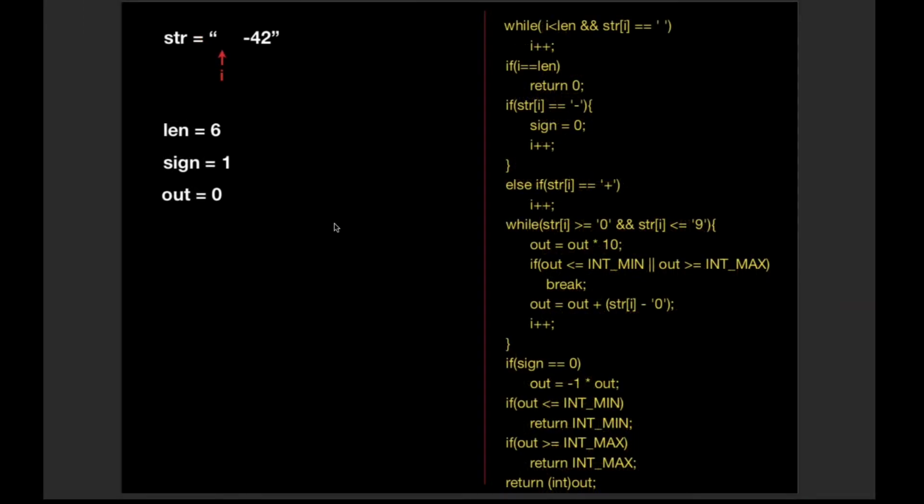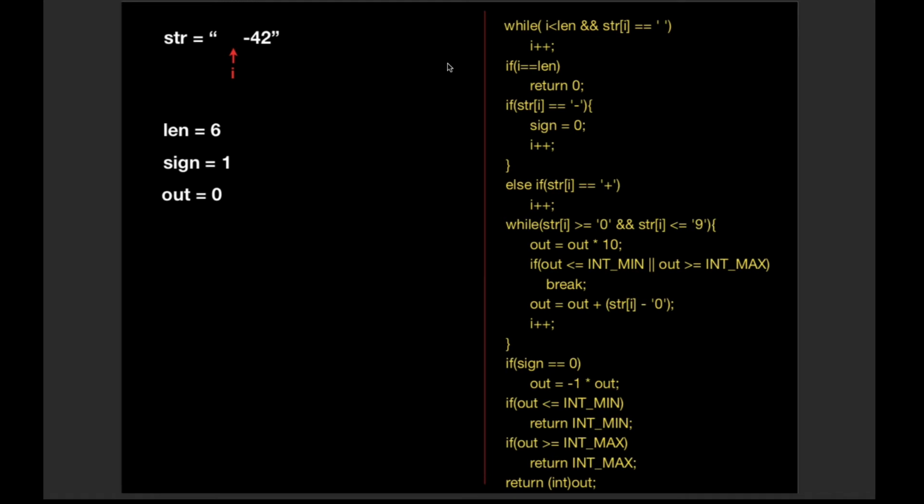So let's consider a second example where the string is white spaces followed by a minus sign followed by a numerical value. The string length is 6, and initially we assign sign to 1 and the value of out to 0. Our algorithm is as follows. First, we check whether there are any white spaces, where we check whether i does not exceed the length of the string and the ith character is a white space.